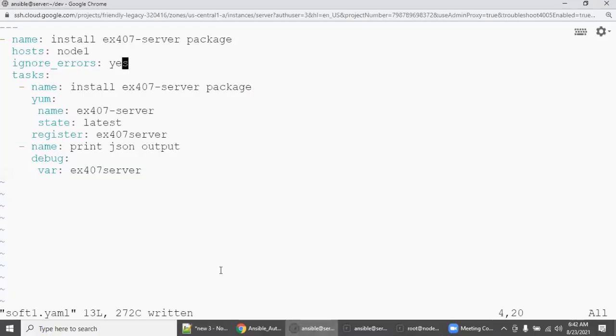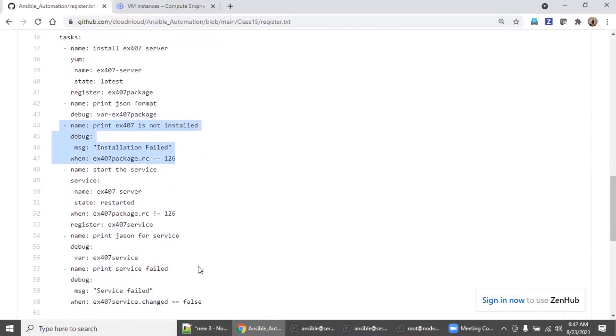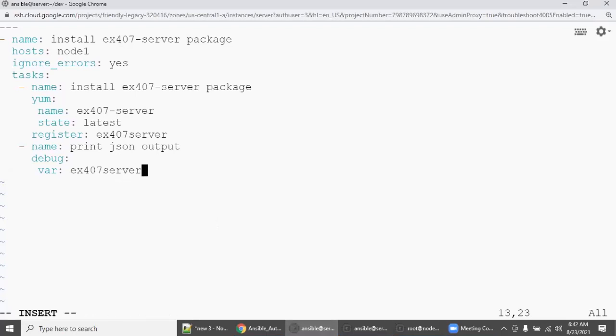So let's go here and come down. If you go to the exercise also, we are printing it: if ex407 is not installed, meaning 126, we print installation failed. If it is not equal to 126, then you start the service. So let's first print both messages. Enter hyphen name: print installation is failed.